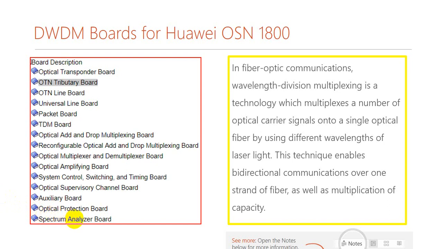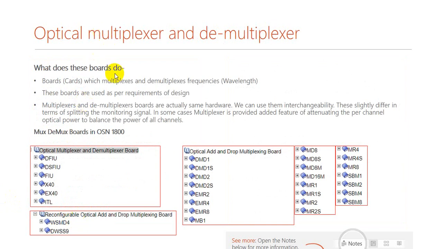So now we are moving to the next slide. We start with the multiplexer and demultiplexer boards. The basic function of the multiplexer and demultiplexer is, on the multiplex side, combining multiple frequencies and transporting them into one fiber, and at the receiving end, at the B end or any other end, receiving the composite signal and distributing